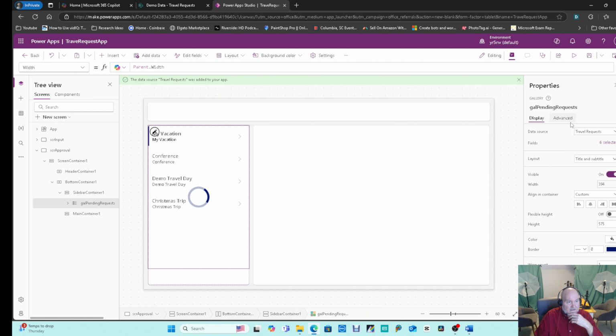All right, so we're going to call it gal pending requests. And what we're going to do is filter the requests by the approval status equals pending. As requests come in, they're going to be in the pending state. And we'll need to filter out requests that have already been approved, because the supervisor will not want to see those, right,